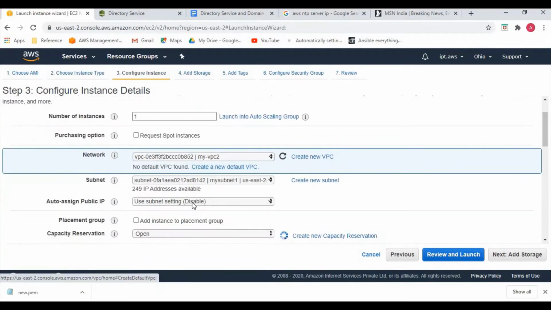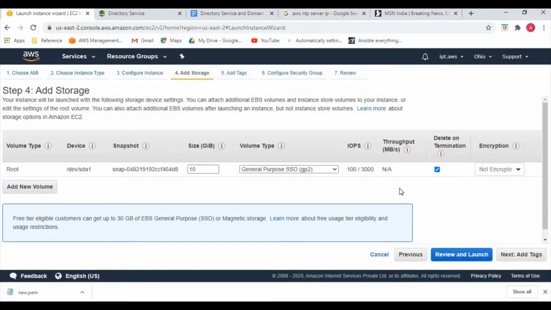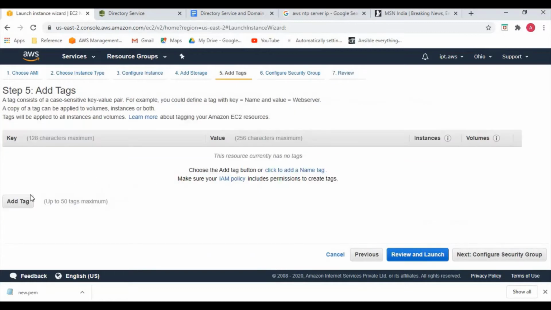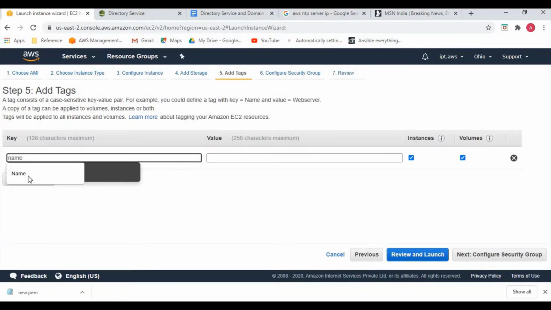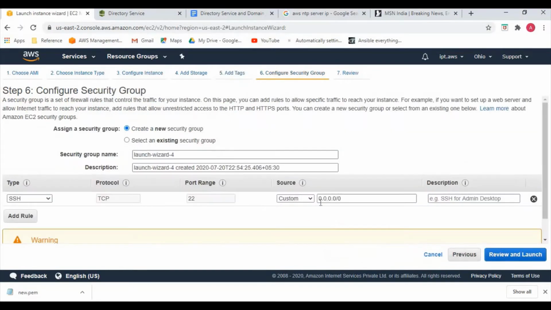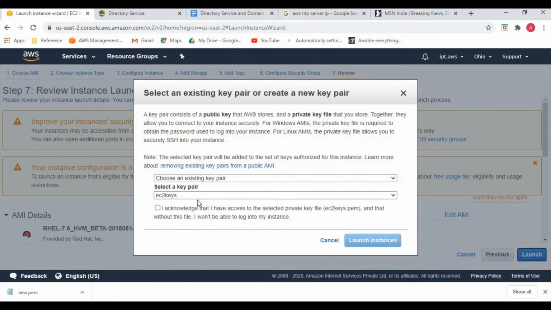Here as well, I'm going to enable the public IP since we'll be connecting from outside. In case if not, you can just leave it blank and you can directly use the private IP from any of the server to connect to. So here I'm just going to give the name Linux-server from anywhere, launch, select new.